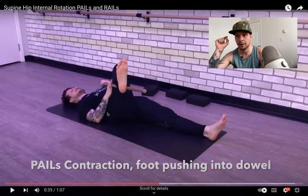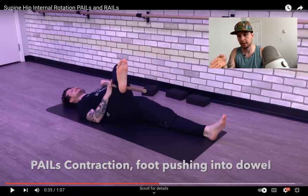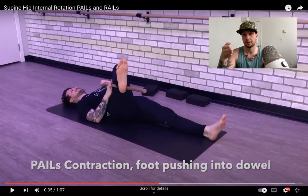That's the important thing. If I'm supposed to get more range of motion for hip internal rotation, then I need to take it to its end range and influence the tissues at that point in order to get more. A lot of times this becomes a nervous system thing, because the reason why you feel tight is that your nervous system is sending those signals to protect you, because it doesn't understand if you're allowed to go a little bit further. So if I can constantly communicate to my nervous system, hey, I need more range of motion going this way, and the more you ask it, the more it'll go, okay, I'll give you a degree more of hip internal rotation. But to influence tissue change and lay down better tissue, an isometric loading pattern tends to work best